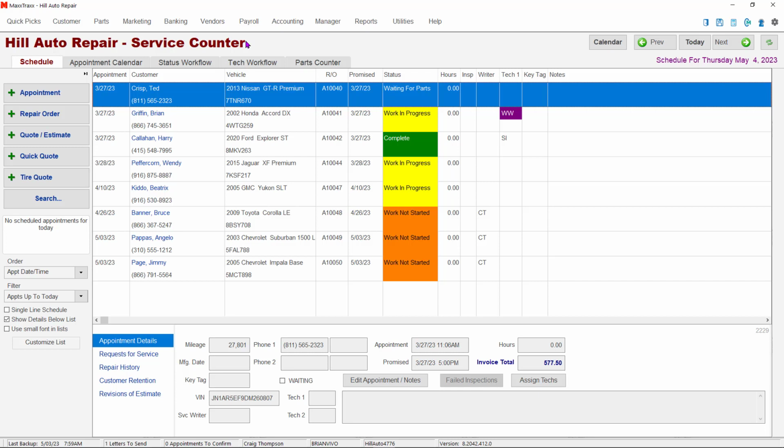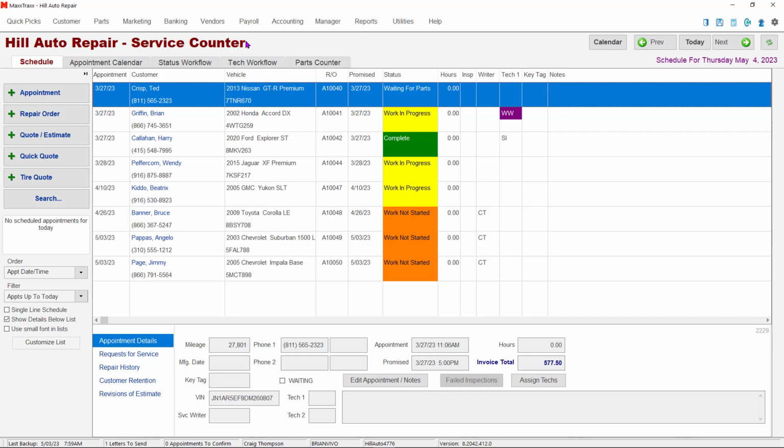It is important to have consistent pricing that reaches your shop's profit goals and is affordable to your customers so you don't lose jobs to other shops. MaxxTraxx makes it easy to create a price matrix and set up variable pricing levels. Knowing what the pricing terms represent and how they affect pricing is an important step in setting up those